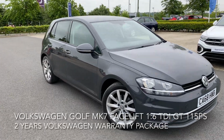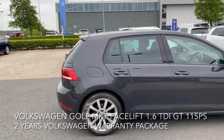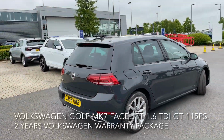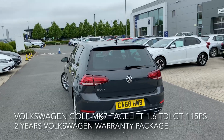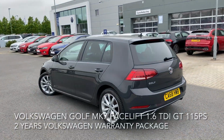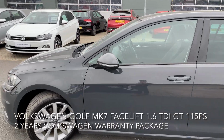Here we have a Volkswagen Golf. It's a Mark 7 facelift, 1.6 litre, TDI GT, 115 PS. The car's superb and it has a great spec, including adaptive cruise control with front assist, ultrasonic, optical and audible